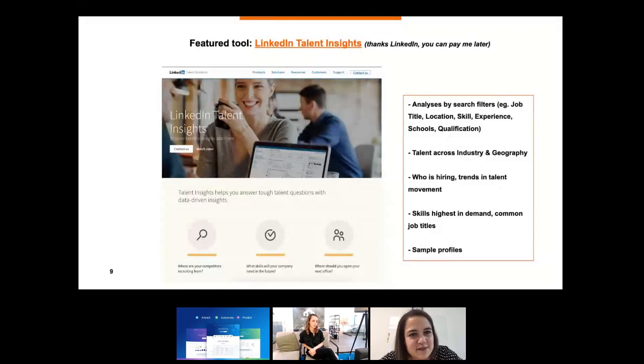And then also at the end, it provides sample profiles of what we say we're looking for. So it's not foolproof, but it's a good guideline if you're short on time and still feel a little bit lost. So I know for now we have one account, just testing it out. And then I'll request from the sourcing team, hey, these are the keywords. Can you pull a report for me?